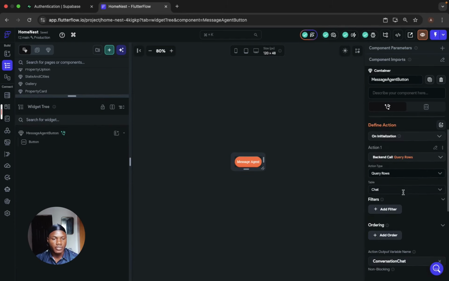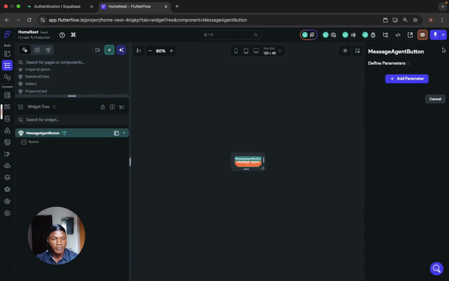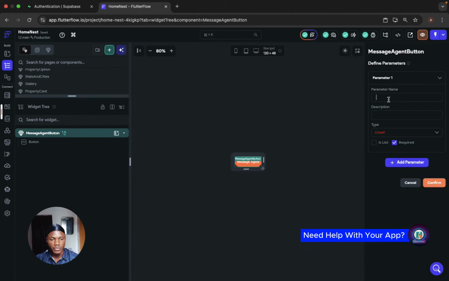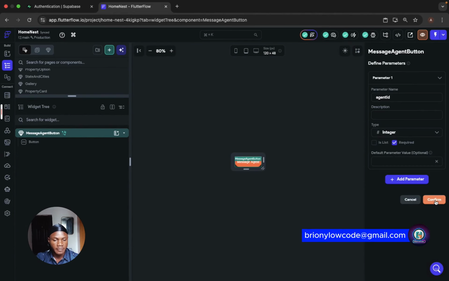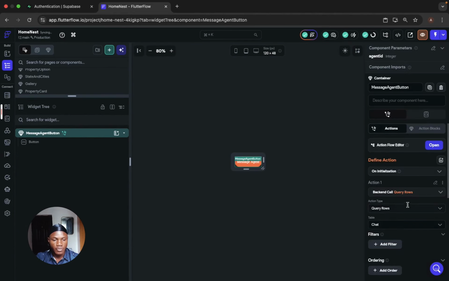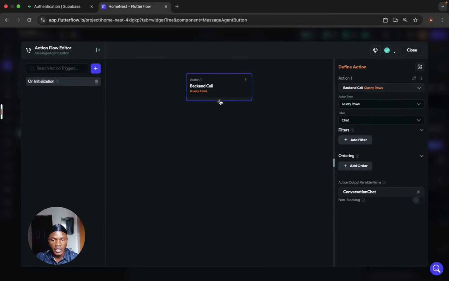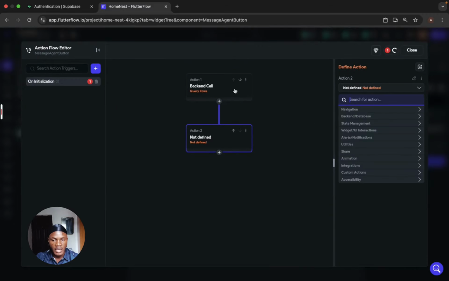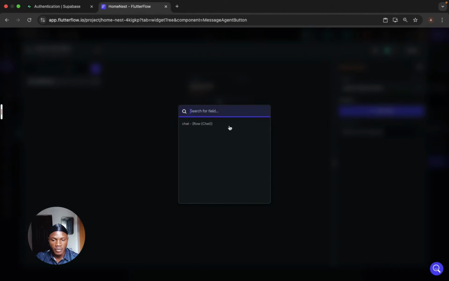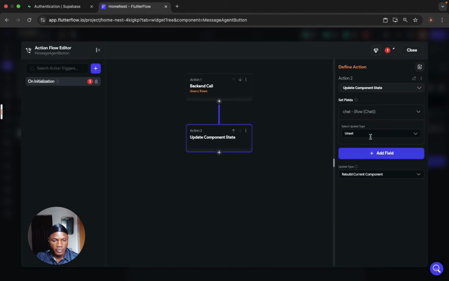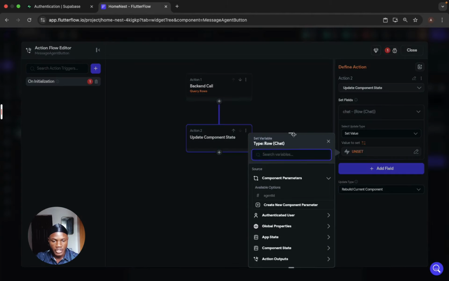So after I query the row, I will add a component parameter. This component parameter is going to be the agent ID. Then this should be integer, and then it is required. So from there, I'm going to add another action to the button. So after querying the row, this action will update the component state, which is the chats row. I'm going to set the value from the action output